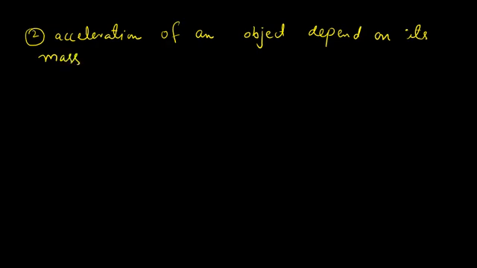Okay, now again we can perform the experiment, and let's suppose now again we have a block of ice, and this one is the ice block, and now if we apply the force F on it,